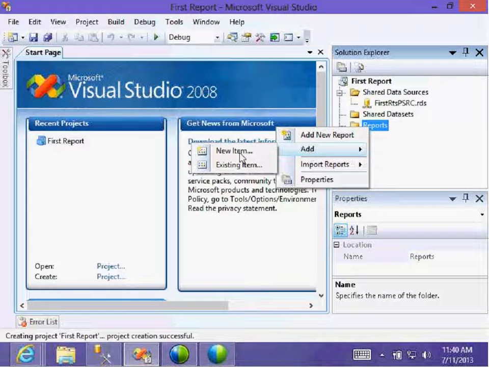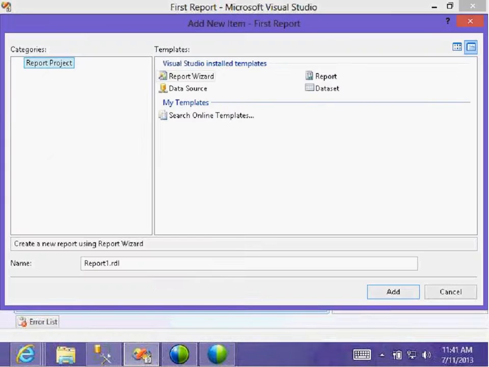If I am adding a new report, I still get one more option, New Item. Here I can create reports and also import reports. Then let's go with the new item. There is a Report Wizard and Report, and also data sources and datasets.